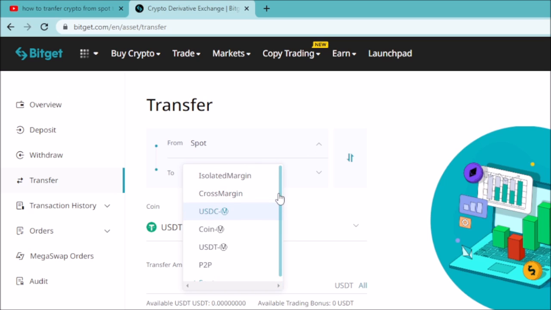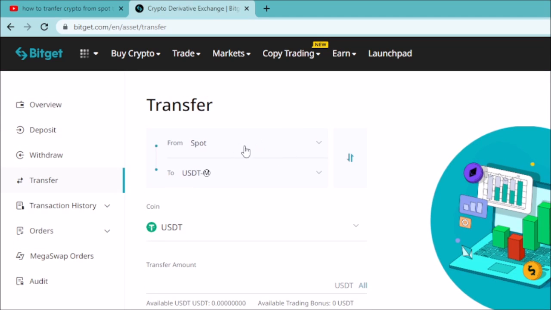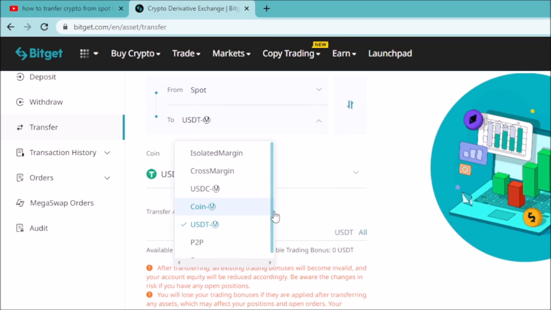So maybe you have the money from spot. When you come here, there is a lot of accounts. There is isolated margin, there is cross margin, USDC, there is coin, perpetuals, USDT, and peer-to-peer and spot. So if you have your money from maybe one of those accounts and you want to put it in any of these accounts, you just come here, you click here, you put the account where you want your